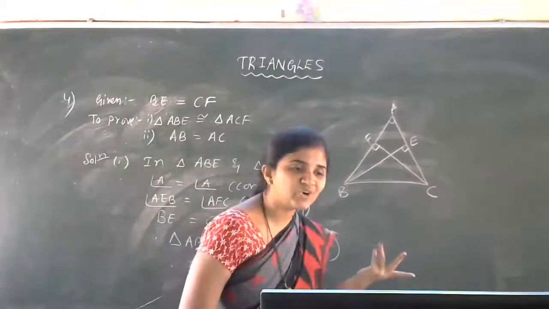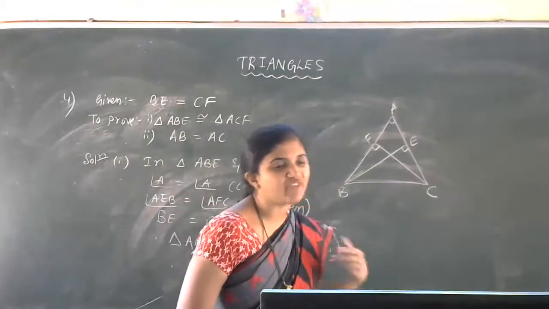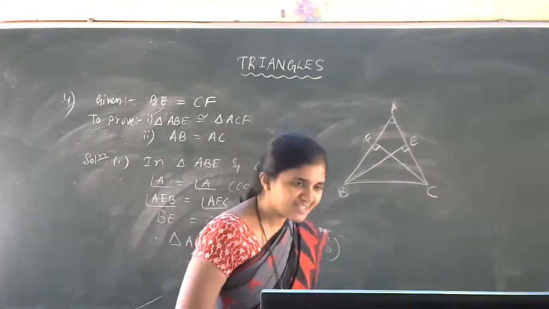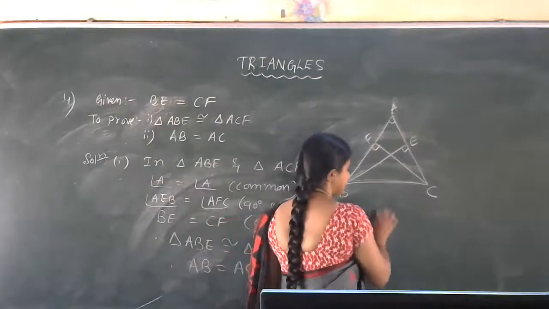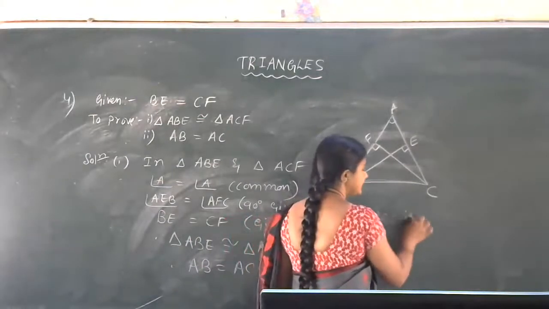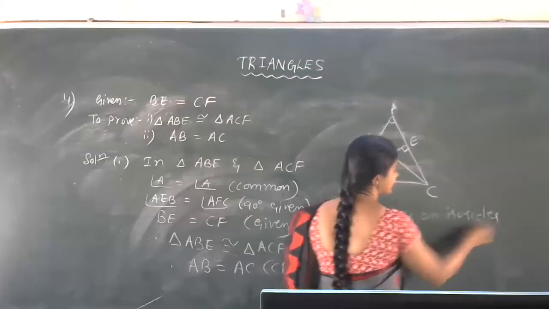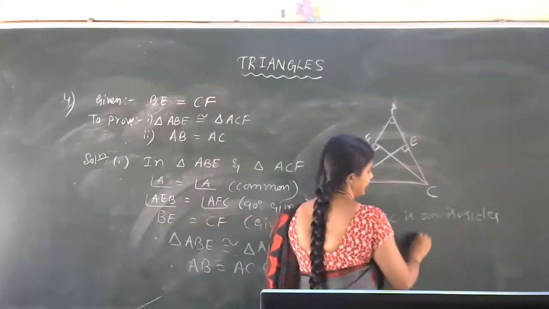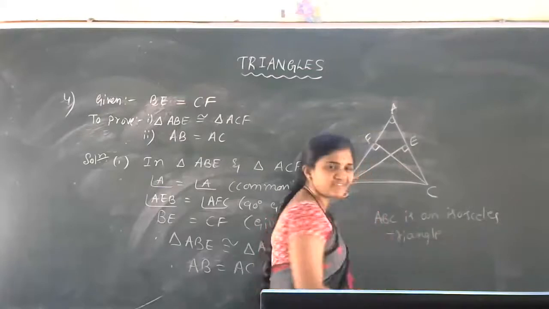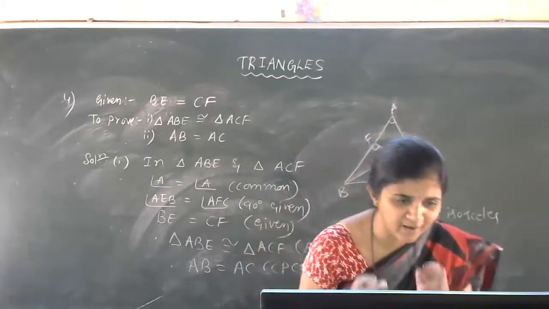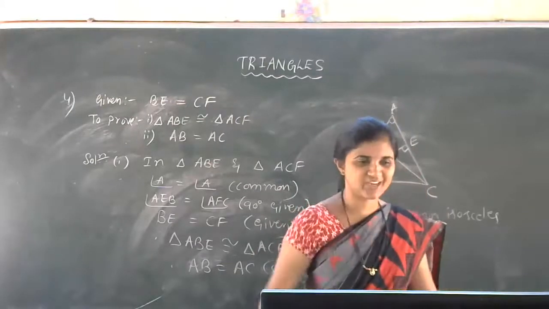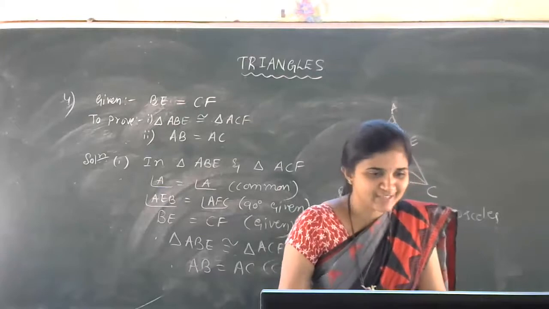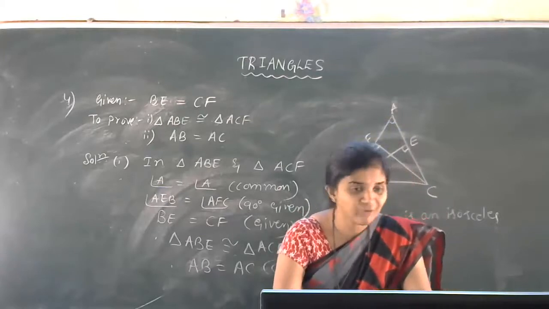Second proof is also over. AB is equal to AC. If AB is equal to AC, ABC is an isosceles triangle now. Yes, therefore ABC is an isosceles triangle. Is that clear, students? Very simple, no? Third and fourth problems are almost the same. Just the given and to-prove are exchanged in both problems. Is that clear, students? This is about the fourth question.